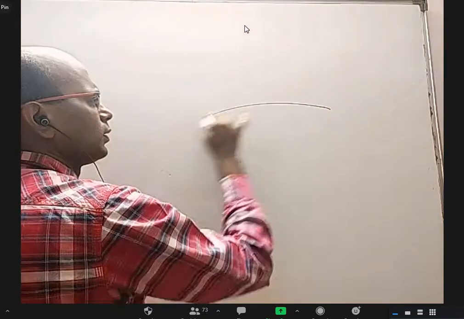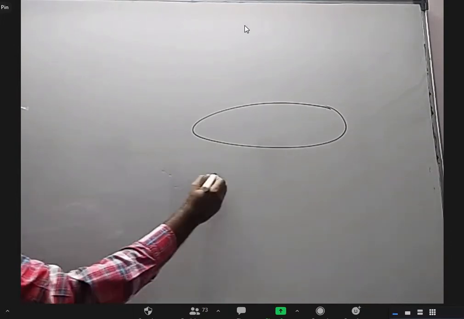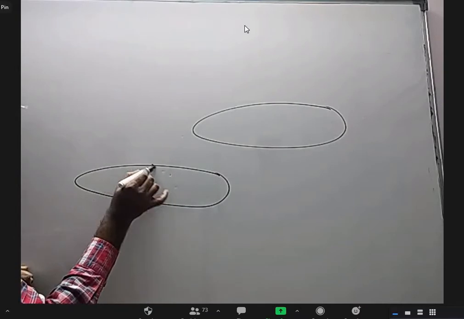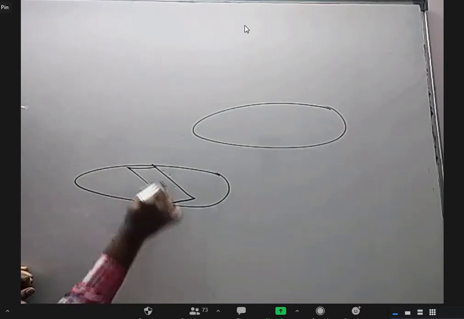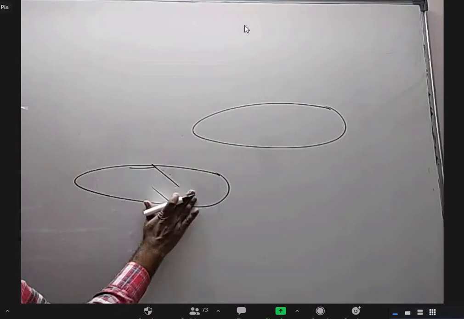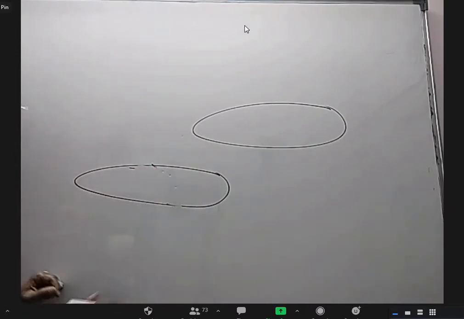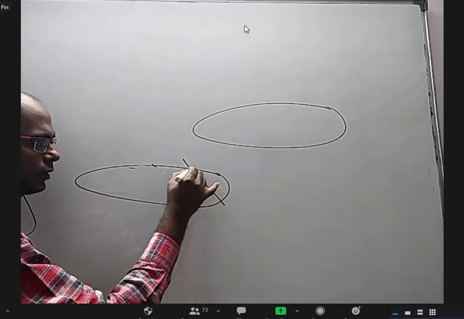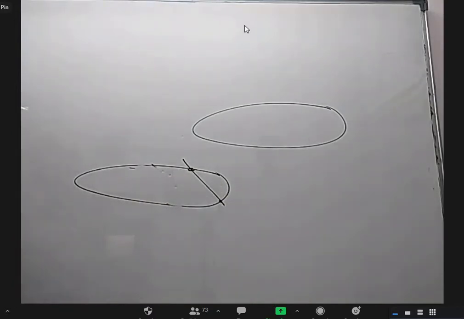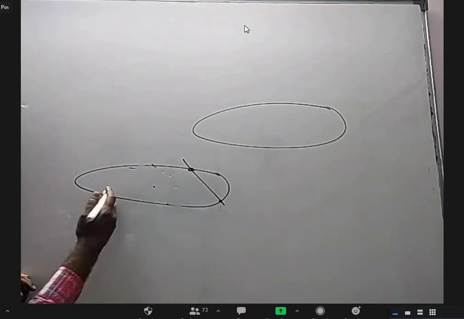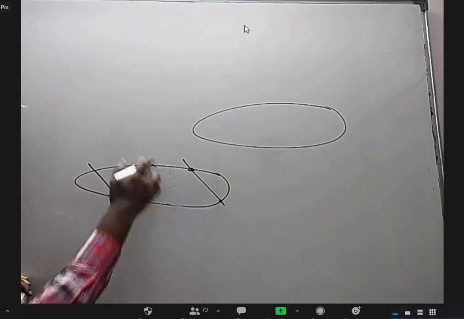Okay, here I think they should have told sides of the rectangle should be parallel to major axis and minor axis, but even if they are not told, let us discuss something. Is it possible to fit a rectangle like this where all four corners are on this? It is not possible. Let us see why. If I take a chord, where else can I get parallel to that but same length? Same distance this side, it can be here,